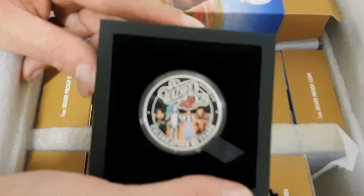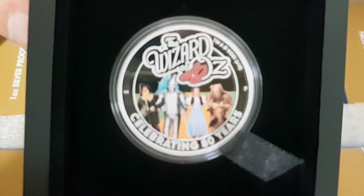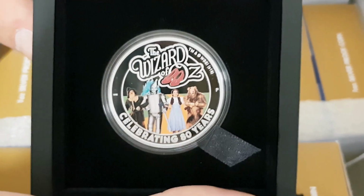for the original Wizard of Oz, they had silver coloured shoes. Silver shoes in the book. Which would have been more appropriate on a silver coin, in my opinion. Yes, absolutely. But in their wisdom, well, they had to go by the movie. Yeah, they did, but they were originally silver slippers because it was a whole